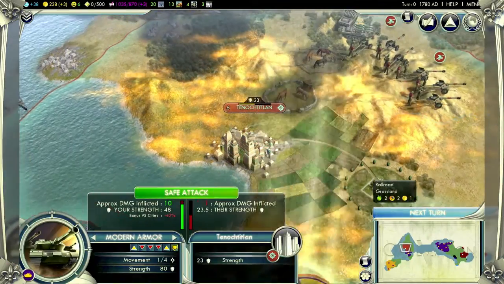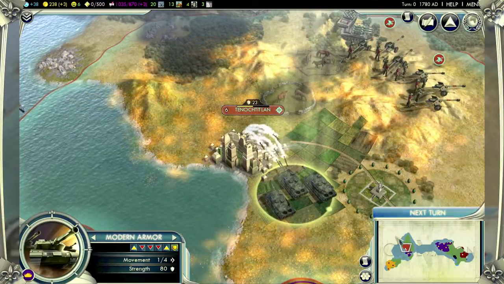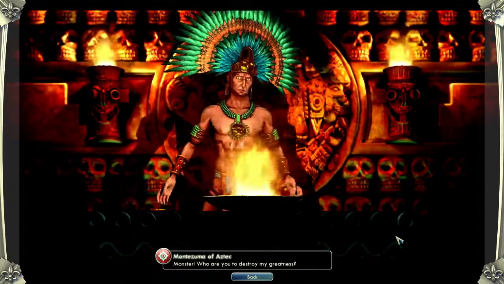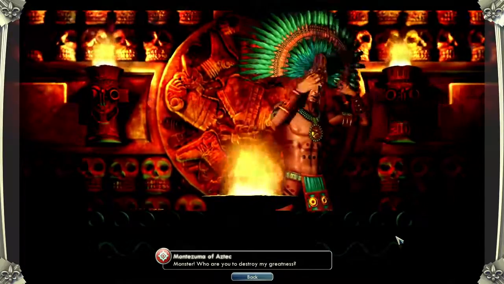Now we've taken Montezuma's capital. We've taken our first capital in the game. If we take all of the enemy capitals, we'll have won a conquest victory. So, from here we have some choices. We can go back to England and we can keep pushing onward, and this time we're not going to settle for New